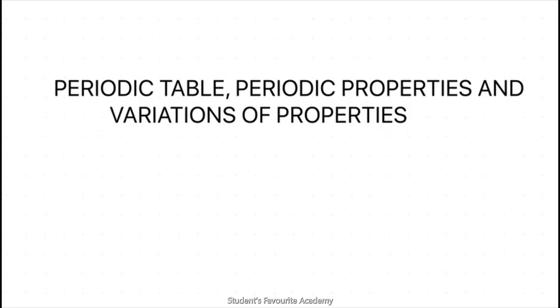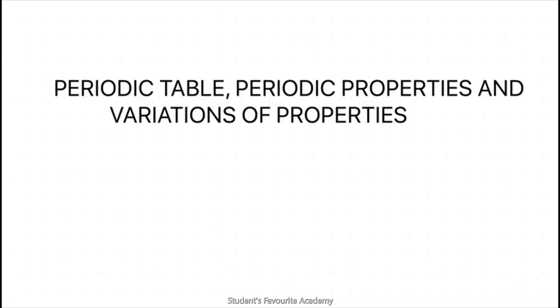So we were doing the chapter periodic table, periodic properties and variations of properties, and in the previous class we had discussed for children the different classifications that were given by different scientists regarding the elements which were there. We discussed about the modern periodic table. Then we discussed about what children? We discussed about the shell, the groups and the periods, the S, P, D and F block